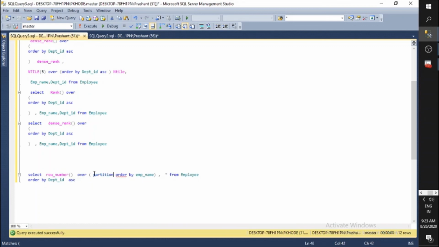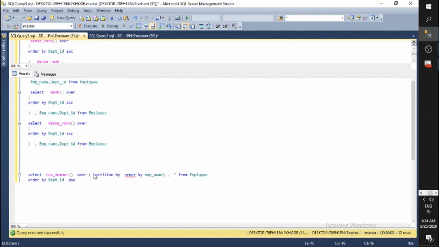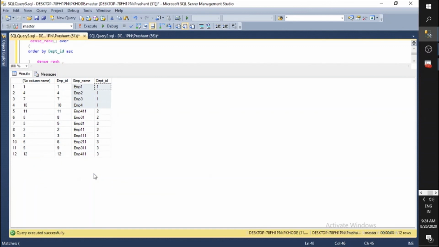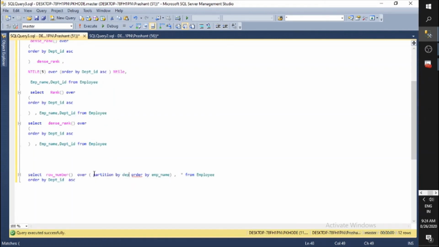Please try to understand, it is very important. Partition by what? I want to group based on what? Do I need to group based on EMP ID, or department ID? I need to use dep ID. So I'll do partition by department, and after partition the sorting should be applicable.